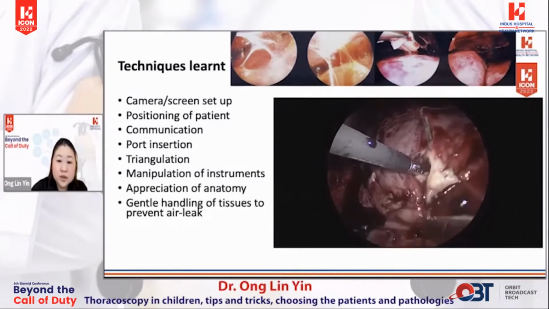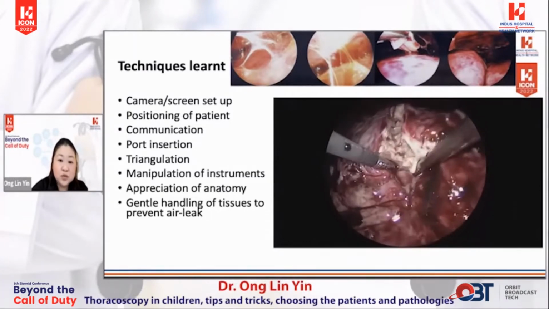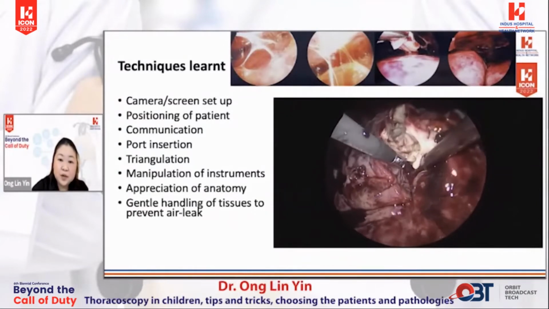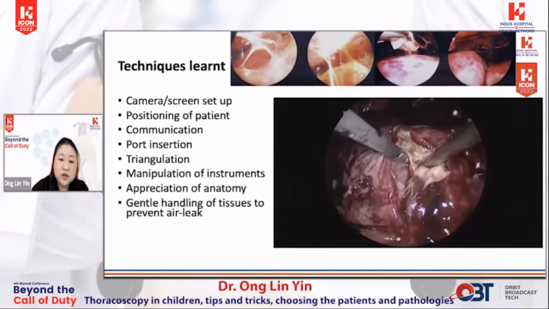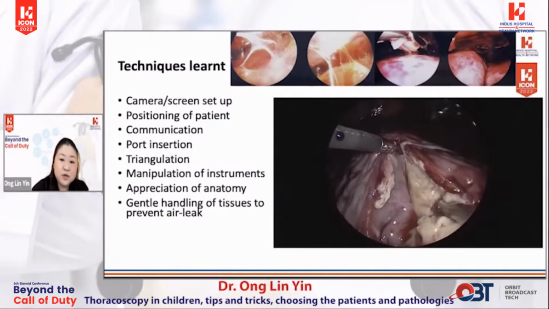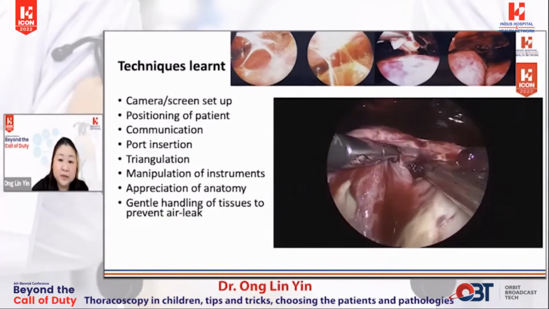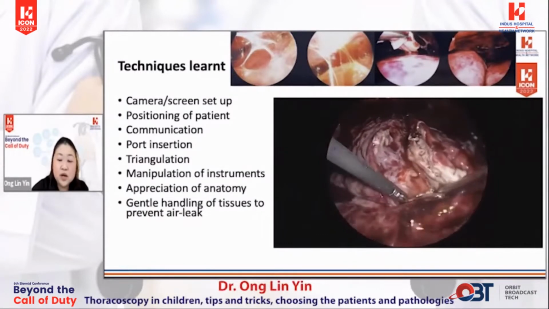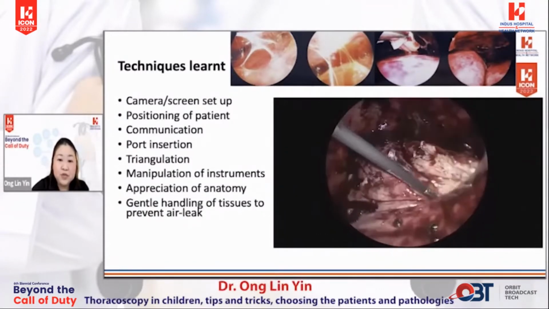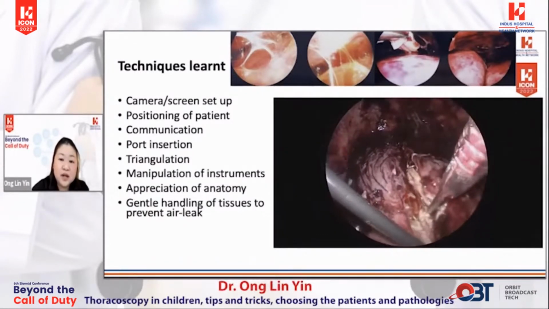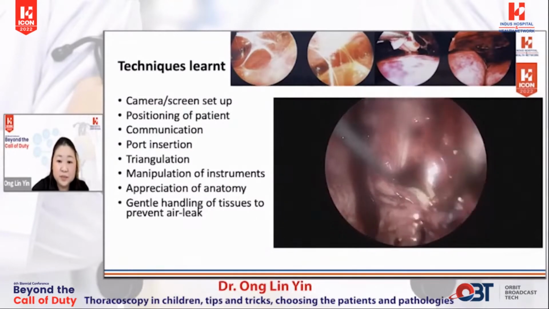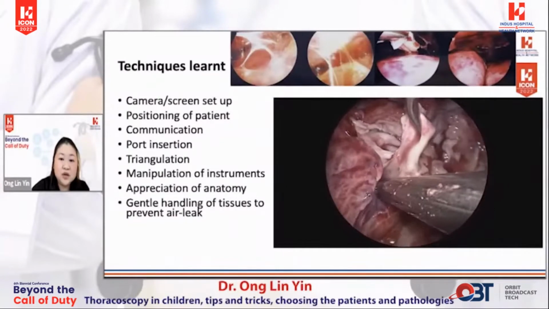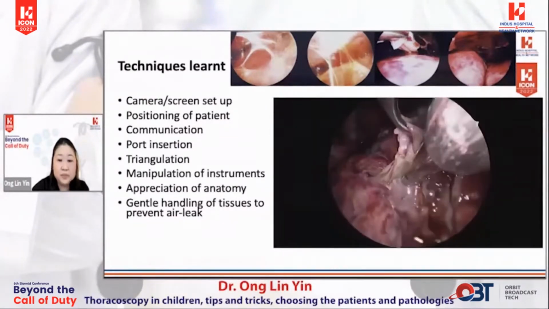As you can see in this video, this is one of our trainees who's doing the empyema. And right now he is dissecting within the oblique fissure, and he's trying to free the fissure and remove the peel so that the lung can expand. He has to be very gentle because this is very friable lung tissue, and any force may actually puncture the lung and cause prolonged air leak. So the white gunk is the peel, and he is gently teasing it off the surface of the lung.